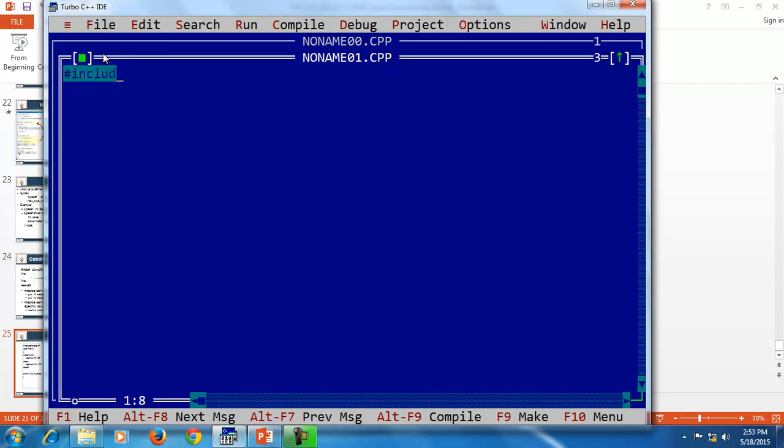Using hash include, including the header files.